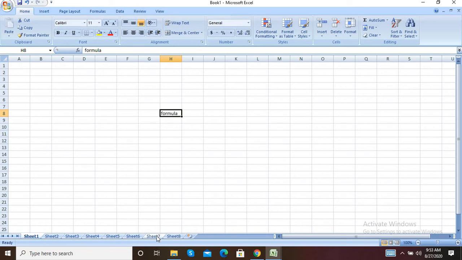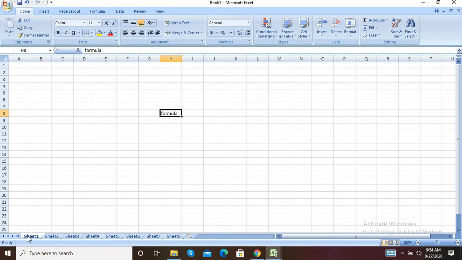Okay, the Excel workbook is saved with a .xlsx extension. Okay, next thing, worksheet. A worksheet is an individual page of an Excel workbook, also known as a spreadsheet. It is made up of rows and columns intersecting each other to form cells. So this is called a worksheet, and by default when we open anything, that sheet is given a bold effect. So that means it is the active worksheet.